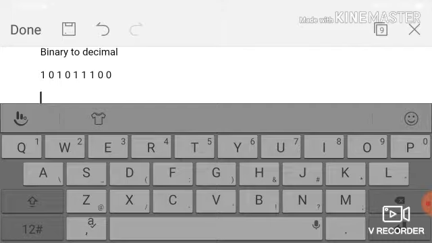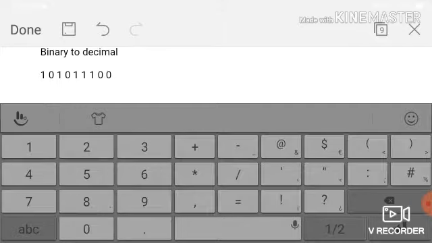We're going to multiply each digit by 2 with the exponent. So 1 times 2 raised to 8,